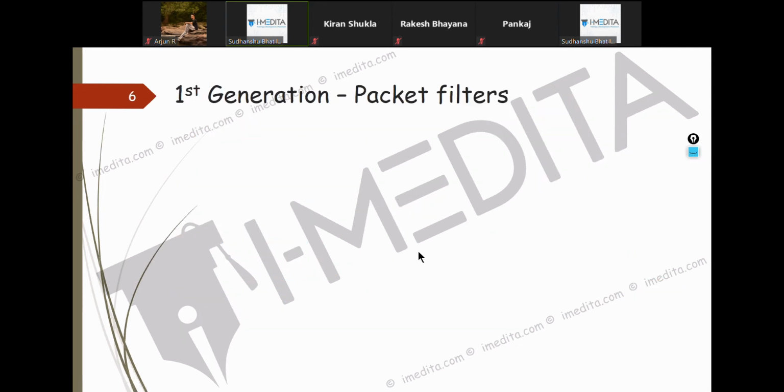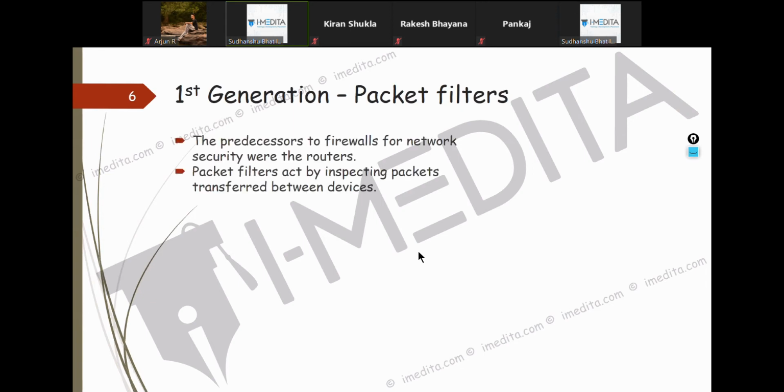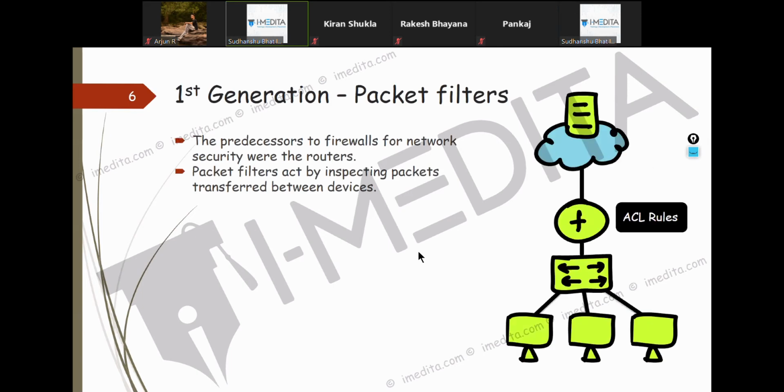The first generation of firewall is just when you used a router to make access lists. Basically these were not regarded as firewalls, even in a Cisco environment. If you are old enough to remember, there was something called PIX. PIX was actually not a firewall, it was basically a packet filtering device. That's why I've kept router here. You take a network device and make permit and deny rules so that you allow certain things or block certain things.